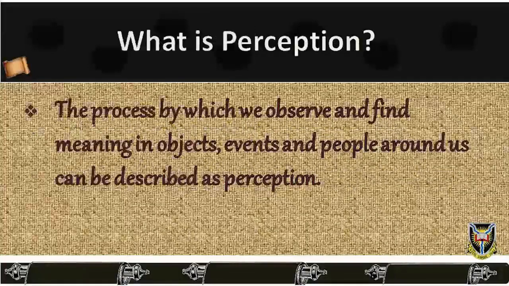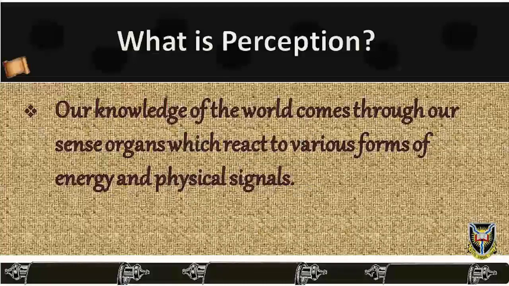What is perception? The process by which we observe and find meaning in objects, events, and people around us can be described as perception. Put in another way, perception is the process of acquiring, interpreting, selecting, and organizing sensory information. Methods of studying perception range from essentially biological or physiological approaches through psychological approaches to the often abstract thought experiment of mental philosophy. Our knowledge of the world comes through our sense organs, which react to various forms of energy